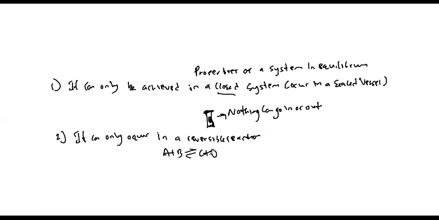It cannot occur, for example, let's look at this equation now, Na+ plus Cl- to give us NaCl. Equilibrium cannot occur here because the reaction is not reversible. But look at this equation: CaCO3(s) to give us CaO(s) plus CO2(g). Now, this is an example of a reversible reaction. Let me put the solid sign here. This is an example of a reversible reaction.